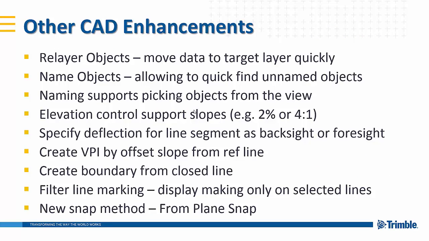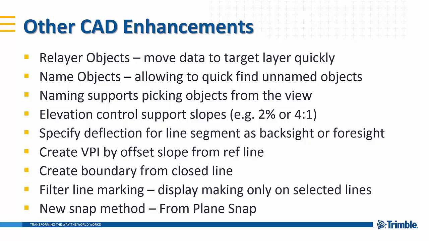So we have a large list of other CAD enhancements: relayer objects, and naming objects, where you can quickly find any objects that are unnamed and give them names. You can also name them by simply clicking in the plan view. In the elevation fields, everywhere where you have a point field or a coordinate field and you're asked for elevation, you can type in a slope, and you can choose to write it in a percentage or a ratio mode. You can now also specify deflection angles for line segments as backsides or foresides,